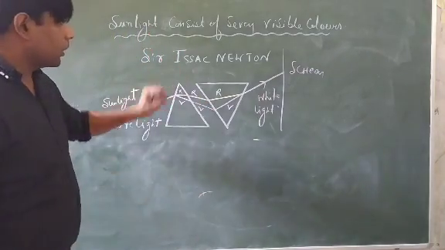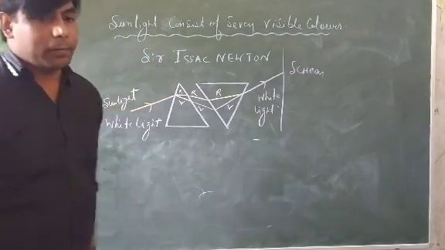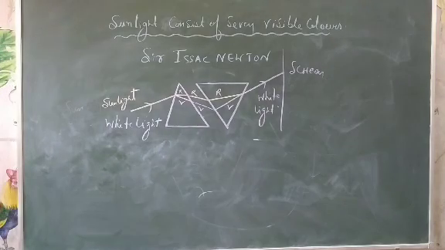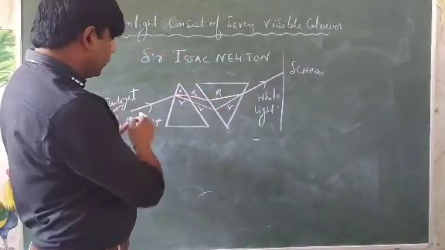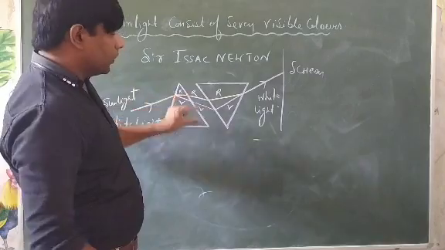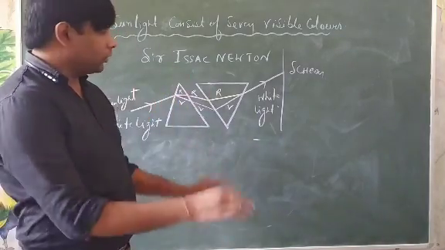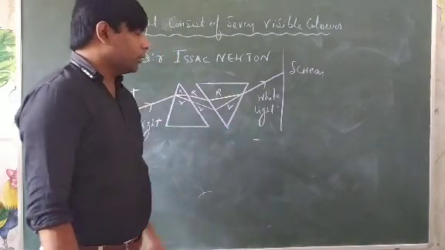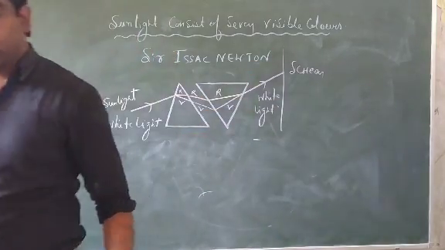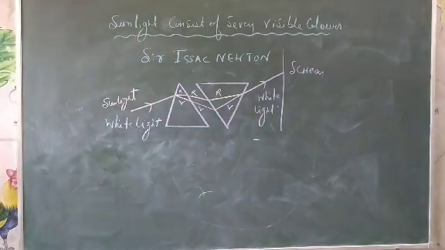From this experiment he proved that sunlight is composed of 7 colors, right? To see this, you put the screen, and on the screen you get white light. Between the prisms, the band of 7 colors is also visible to the naked eye, but outside the second prism, on the screen, we got white color. In this way, it was proved that sunlight is composed of 7 colors.